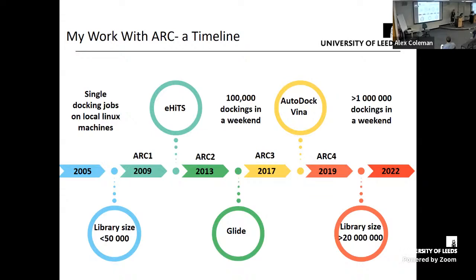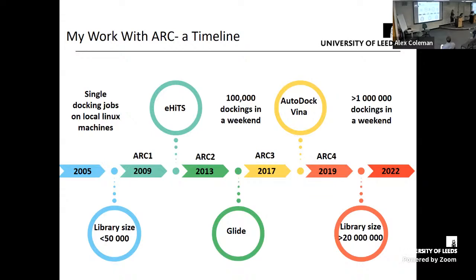And when we got to ARC2 and ARC3, bringing in other software from companies like Glide from Schrödinger, we were able to do up to about 100,000 dockings in a weekend. We've been able to bring in more different algorithms to work on ligand binding because all these different algorithms have their own foibles. They all have various things that they do well, various things that they don't. So we wanted to use as many as possible to get the best idea of how our ligands would bind